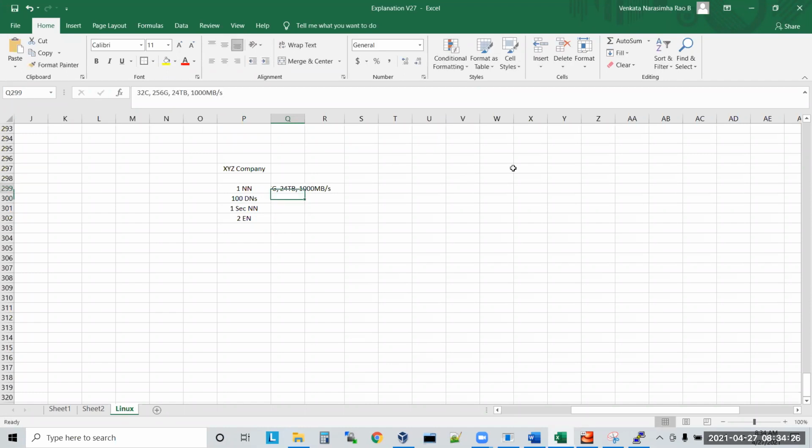This is the configuration given for each and every server. So I need a 32 core server with 256 GB RAM, 24 TB hard disk, and 1000 MB per second network adapters. Like that, how many servers do I want?